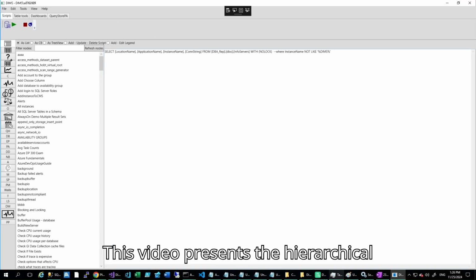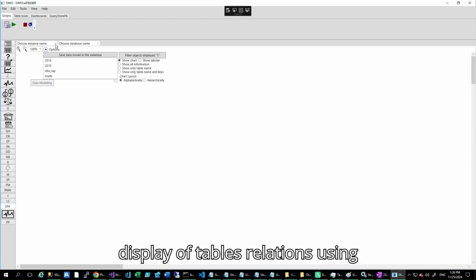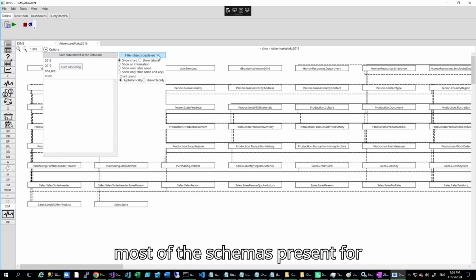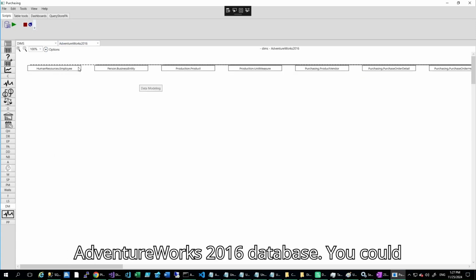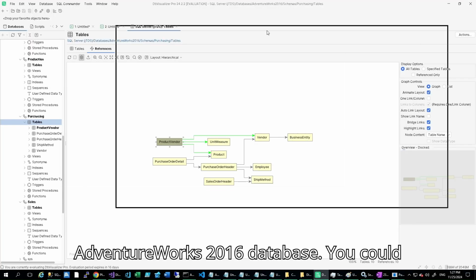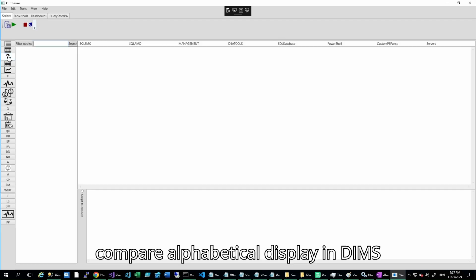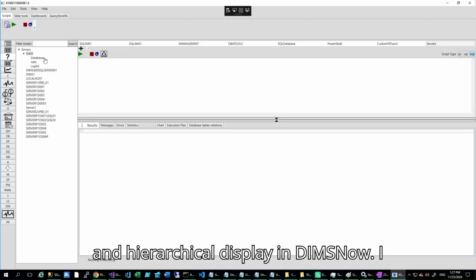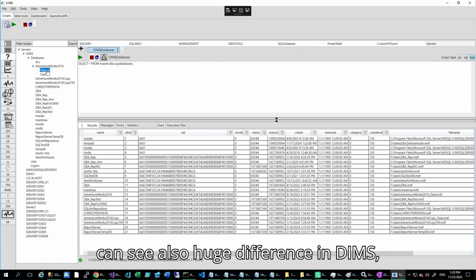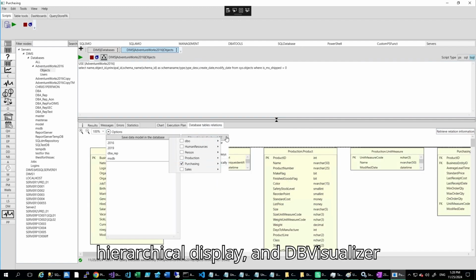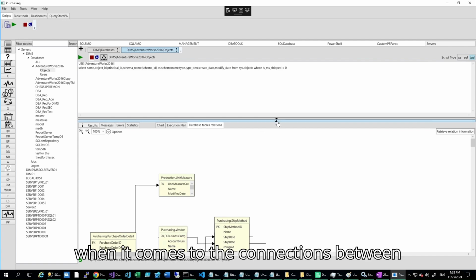This video presents the hierarchical display of tables relations using DIMS and DB Visualizer for most of the schemas present for the AdventureWorks 2016 database. You could see two huge differences if I compare the alphabetical display in DIMS and the hierarchical display in DIMS now. I can see also a huge difference between DIMS hierarchical display and DB Visualizer when it comes to the connections between